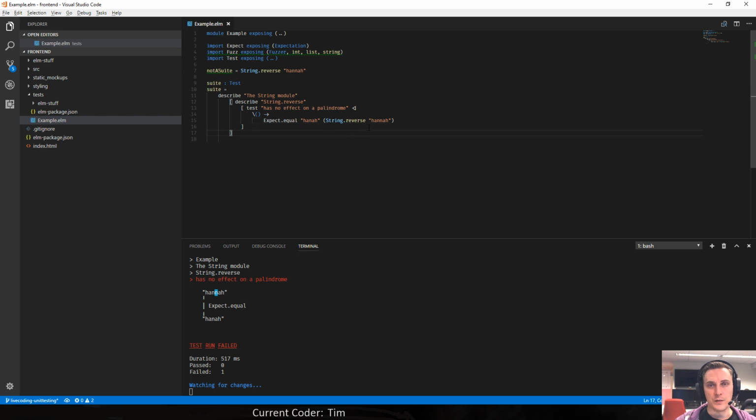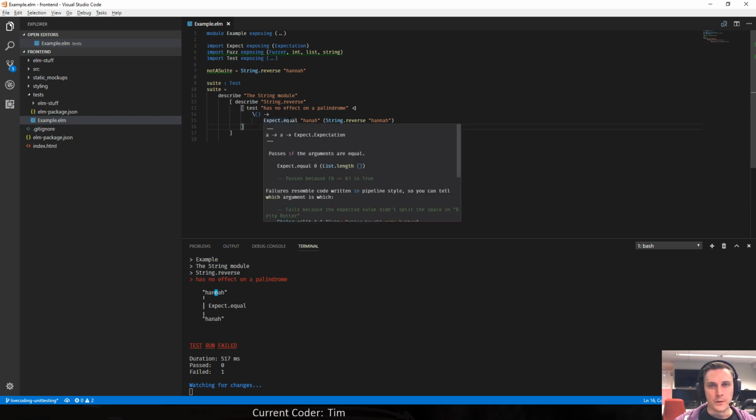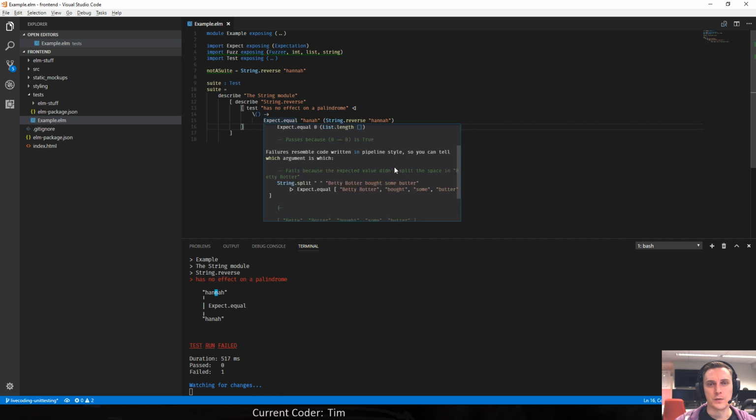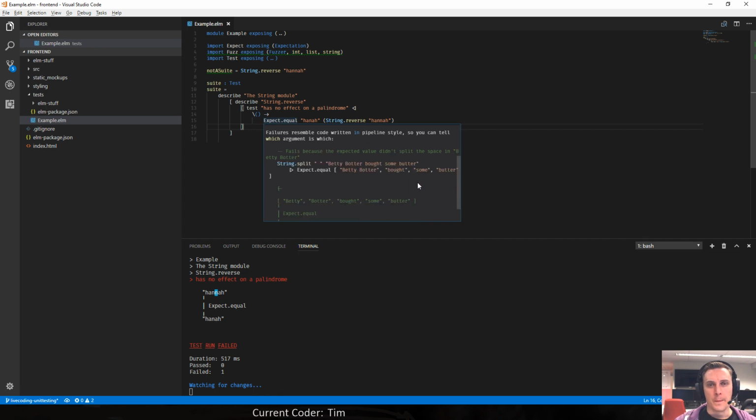But this is fine as long as we know. Does the documentation say this? Yeah, it does. Here you're testing List.length, and this is the expectation, so the expected value or expected result. Okie dokie.